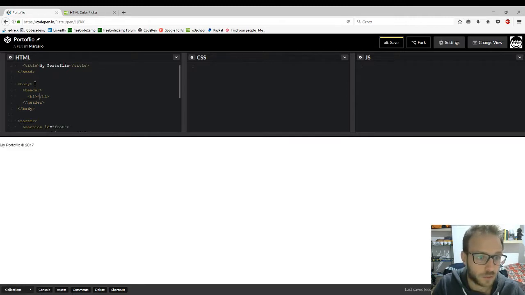Honestly, I don't really like to write in CodePen because, for example, I'm used to writing in Sublime Text, and there is the autofilling for the tags, which makes my life a lot easier. So I will call it my portfolio, easily my portfolio, and then obviously